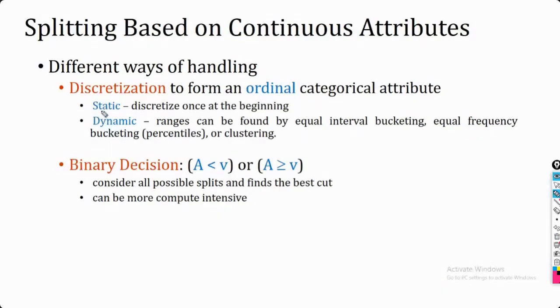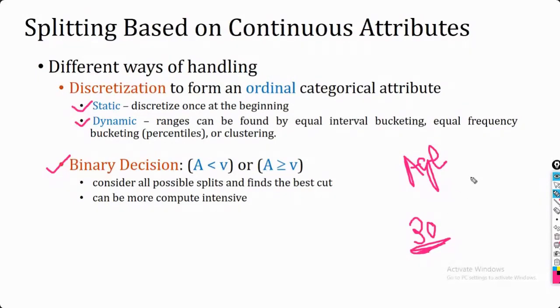Now in this case, it could be binary also, it could be multi-way also, but usually it's going to be multi-way. We can have another criterion, where I select one threshold. Suppose age is the attribute, and I select one value as my threshold. Suppose I'm selecting 30. So this 30 is going to work as my threshold criterion.